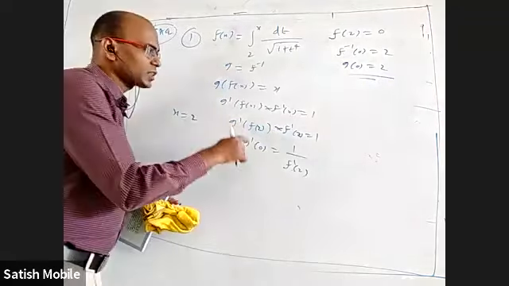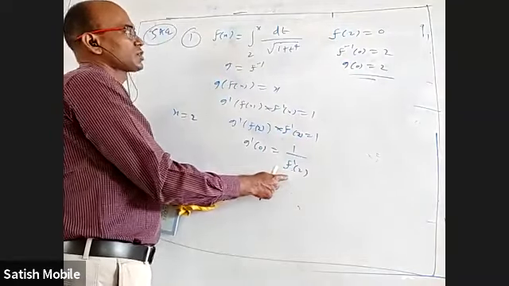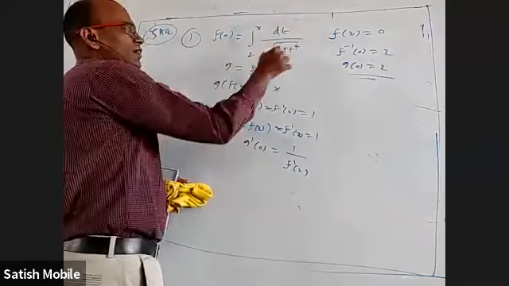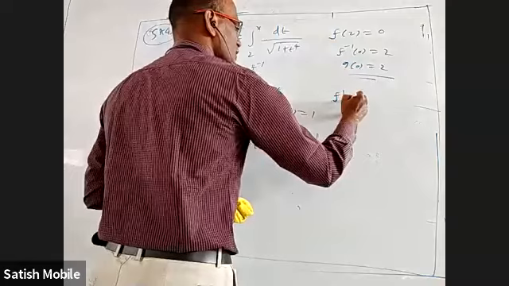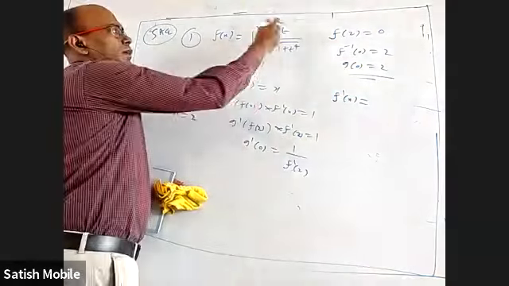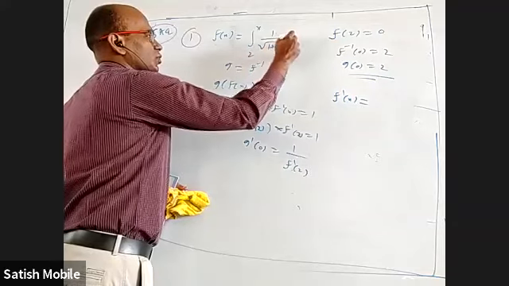So the derivative of the inverse function at 0 is the same as the reciprocal of the derivative of the original function at 2. But is finding f'(x) easy? That is our fundamental theorem we learned. f'(x), what is f'(x)? Let me write this properly. Integral of 1 by root of (1 + t to the power 4) dt.